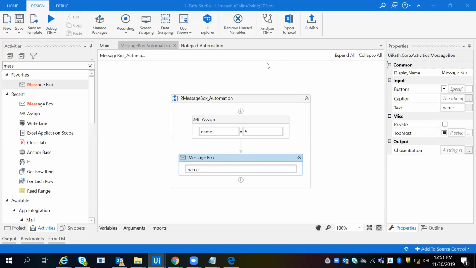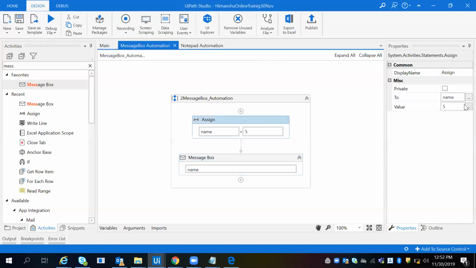Okay. So what is the difference between assigning the values in the variable column and assigning in assign? The variables panel is especially for small things, if you are passing a name or an integer value, you can use that. But if you are working in a different project and you have to pass multiple data, like 1, 2, 3, 4, 5 up to 100, then you can go inside this setting panel and pass it here.